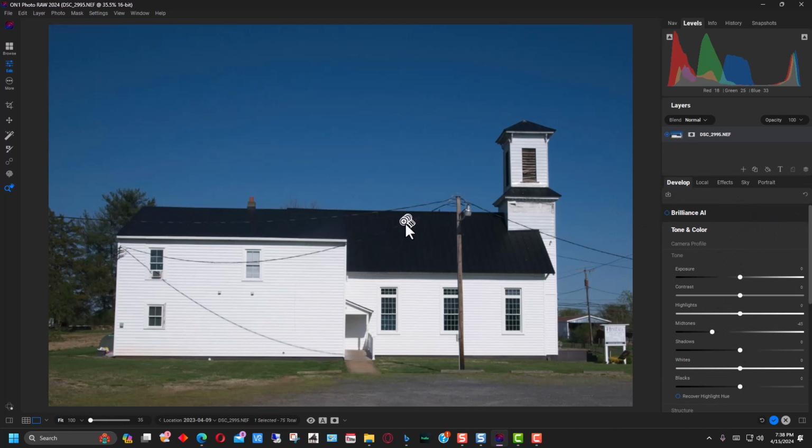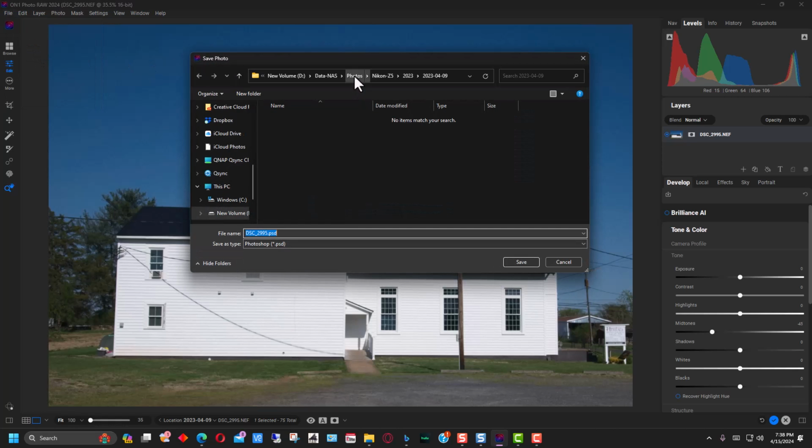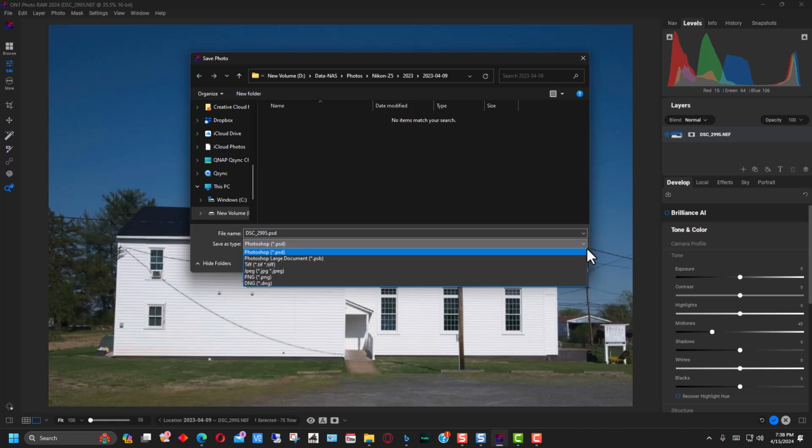Then the final thing, now this has made all these edits, but it's put it in what's called a sidecar file. So if you want to save this as a usable image, you're going to have to either save as or export. So we'll just go with the save as this time, because it will just save a basic picture. You can save it as a PSD, which is a Photoshop image, and you could edit it in Photoshop if you have Photoshop. Or you can re-edit it in this, but